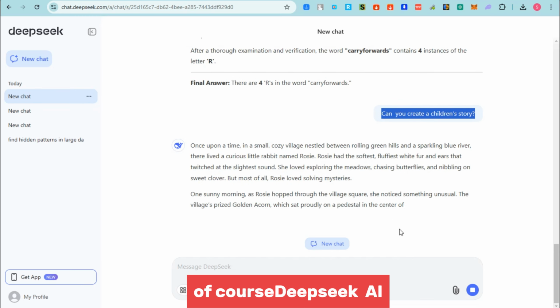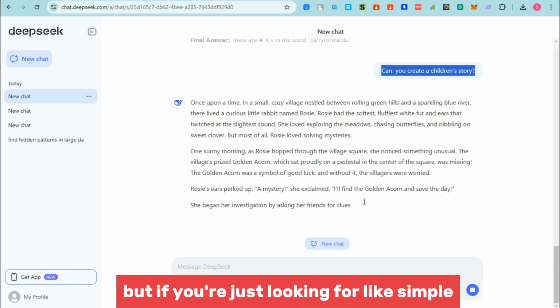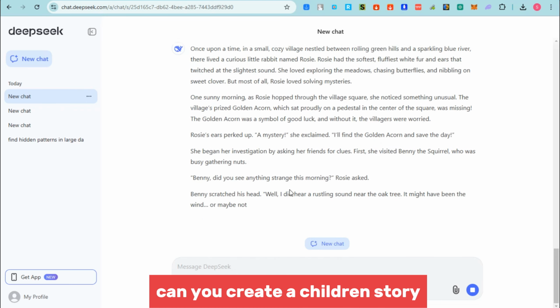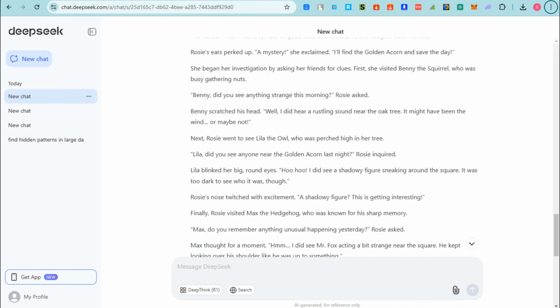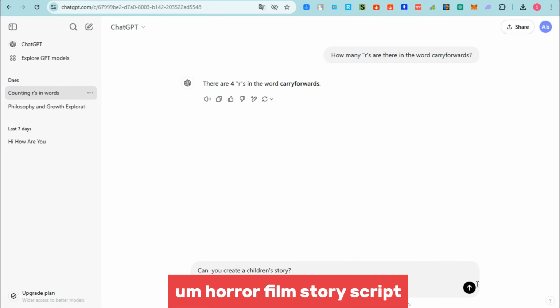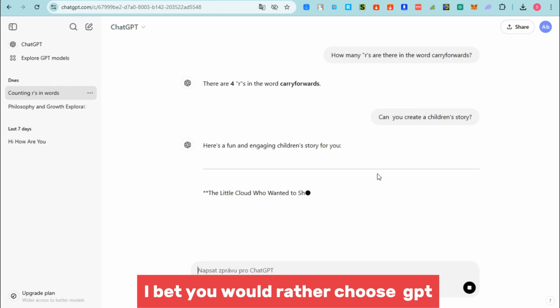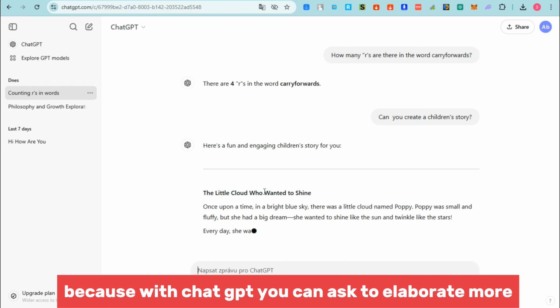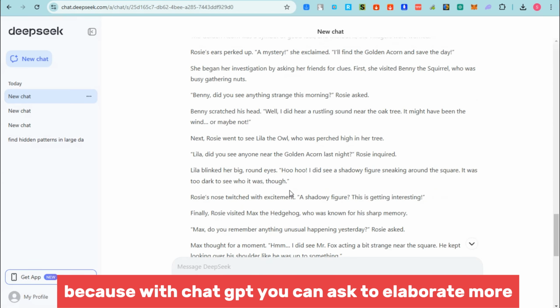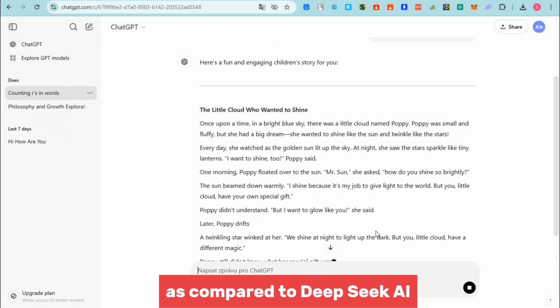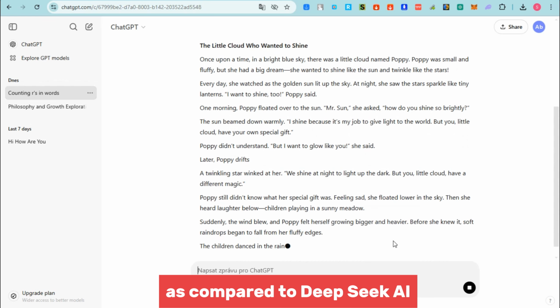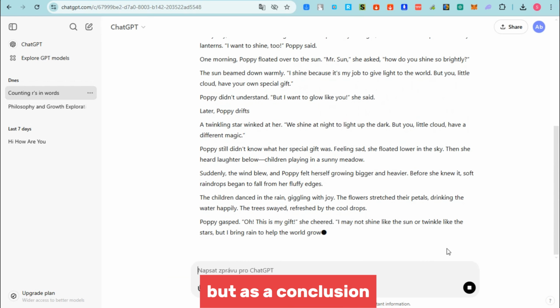Of course, DeepSeek AI. But if you're just looking for something simple, for example, this one, can you create a children's story? Can you create a horror film story script, something like that, I bet you would rather choose ChatGPT because with ChatGPT you can ask to elaborate more. So you can see ChatGPT also provides a title as compared to DeepSeek AI. But as a conclusion, if you're looking to